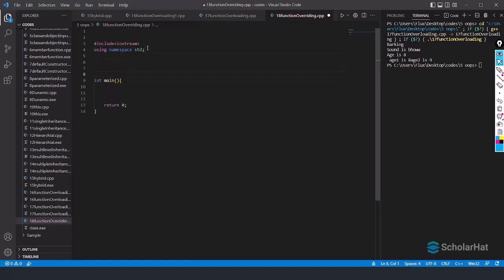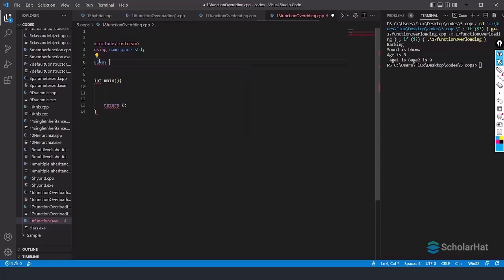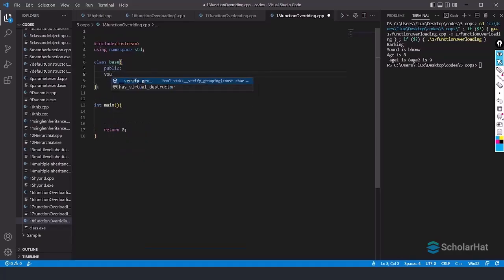Now we're going to create a base class or parent class or super class, whatever you want to say. So class Base. This is the base class, and here we'll create one function that is going to be overridden in the child class or derived class. I'm going to write public as the access modifier, and inside that I'm going to create a function of void type, so it is returning nothing.